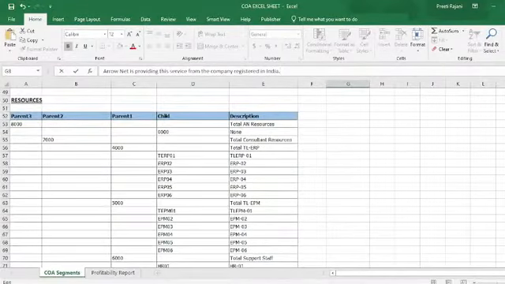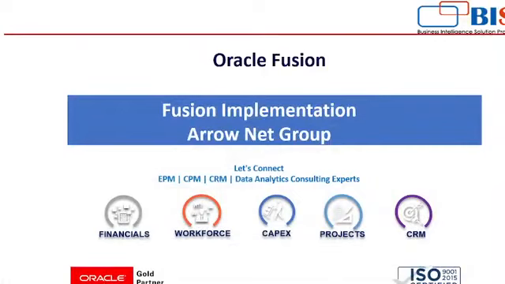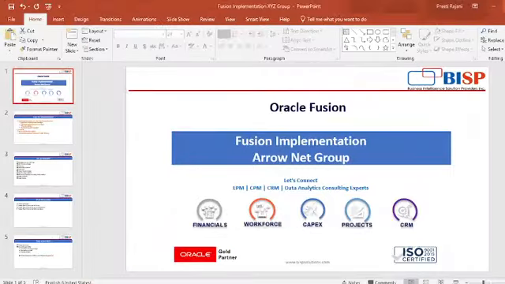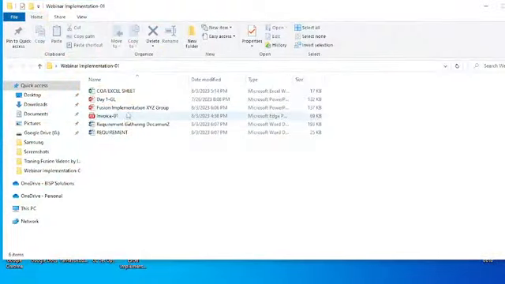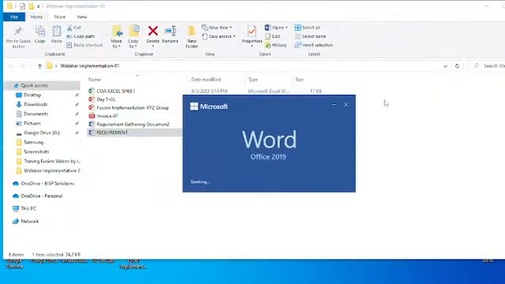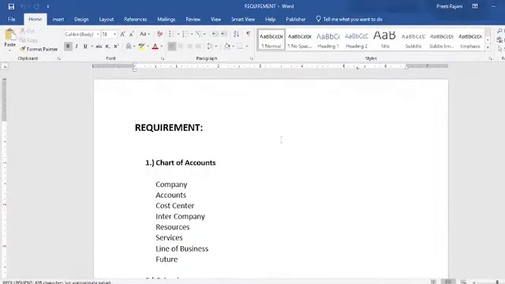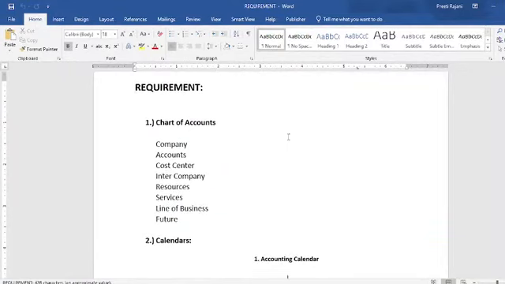Let's go back to the requirement document of the Aeronet group. You can see here the Aeronet group requires that its chart of accounts should have these segments: company, accounts, cost center, intercompany, resource, services, line of business and future.